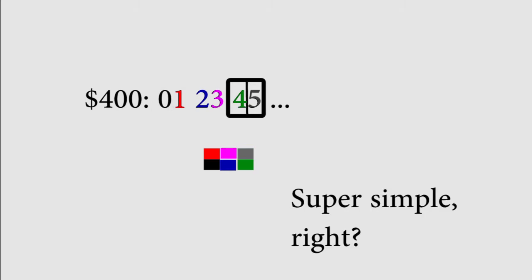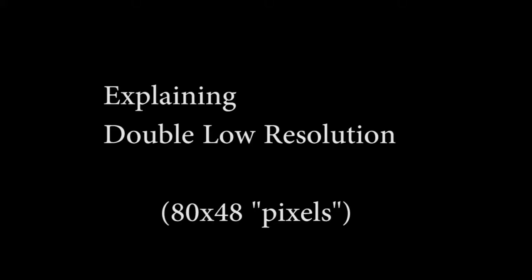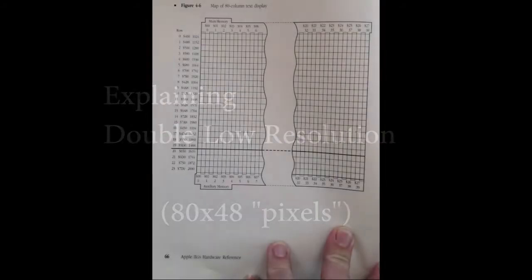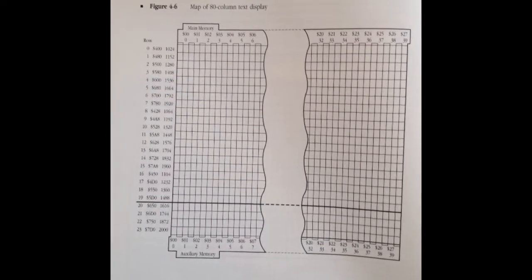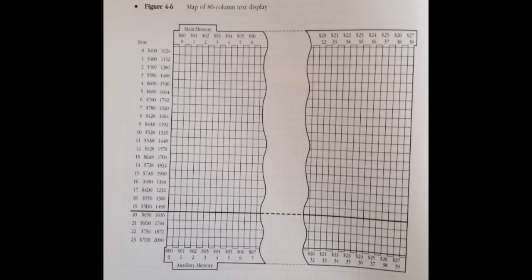The way this works is the byte is broken up into the 2 nibbles, with the first nibble or 4 bits representing the lower dot and the second nibble representing the higher dot. Okay, now that we all understand low res, let's take a look at double low res. Remember how I said the 40-column text mode had the same memory map as the low-res mode? That's important because similarly, the double low-res mode has the same memory map as the 80-column mode for the Apple